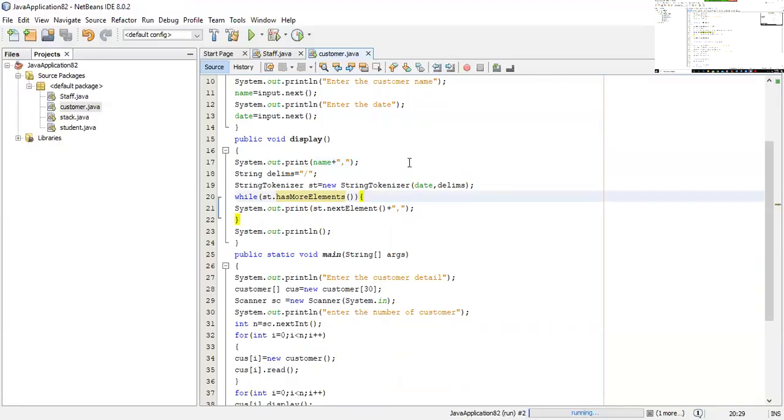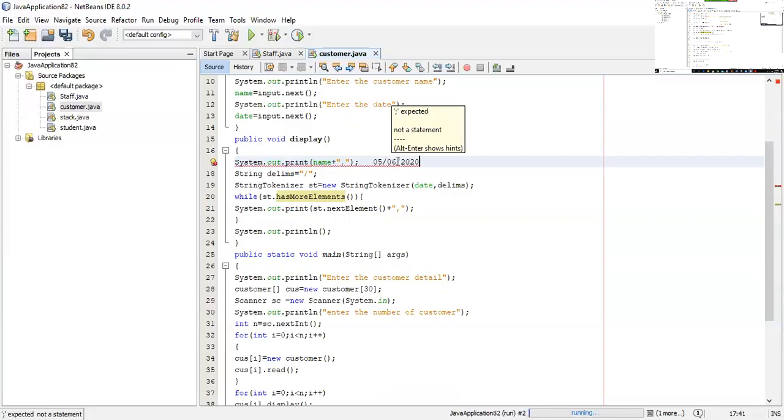Now here the date we are going to consider is in this format. I'll type it and show it to you. For example, today's date is 5/6/2020. Simply, I've considered a date. So let us consider the date in this format: day, month, and year. The delimiter used here is backslash. The delimiter separates the day, month, and year.